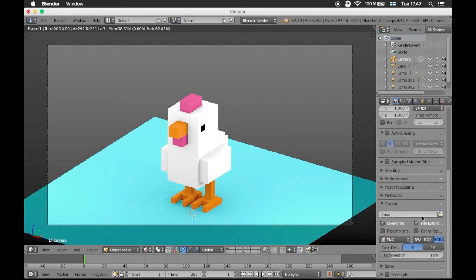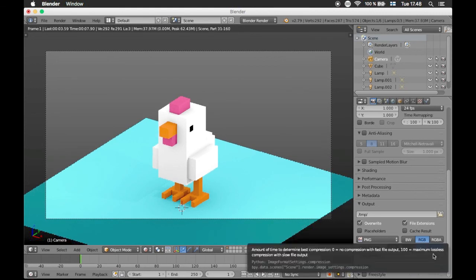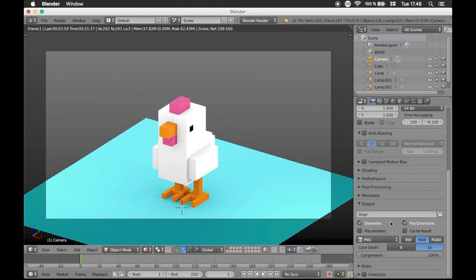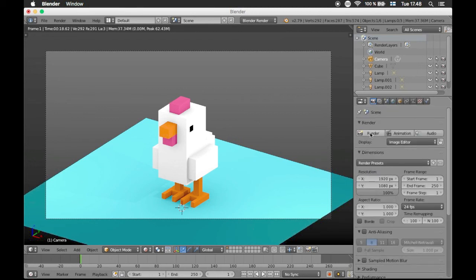Then we're gonna have to define a path for our file to be, well actually this doesn't matter because we're not outputting an animation, so you can leave it like that. PNG is a good format. Let's make it RGB. Make the color depth 16 and take the compression up to 100%. This means actually lossless output, more or less. So now we're ready to render our image. So I'm gonna click render,